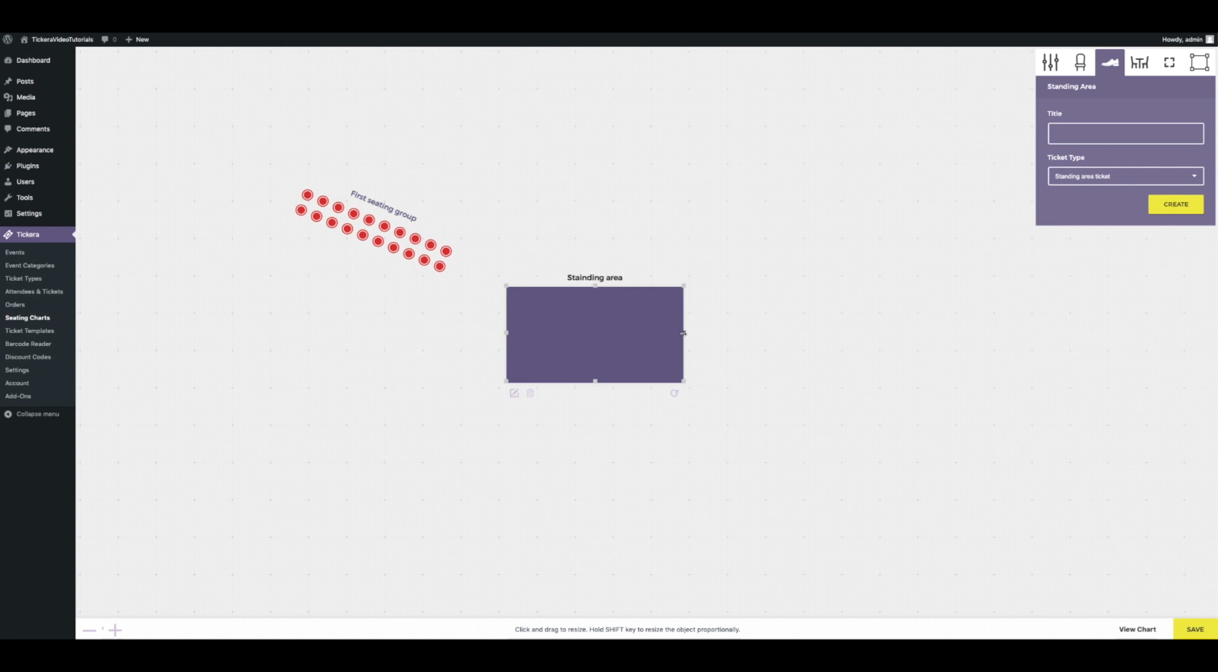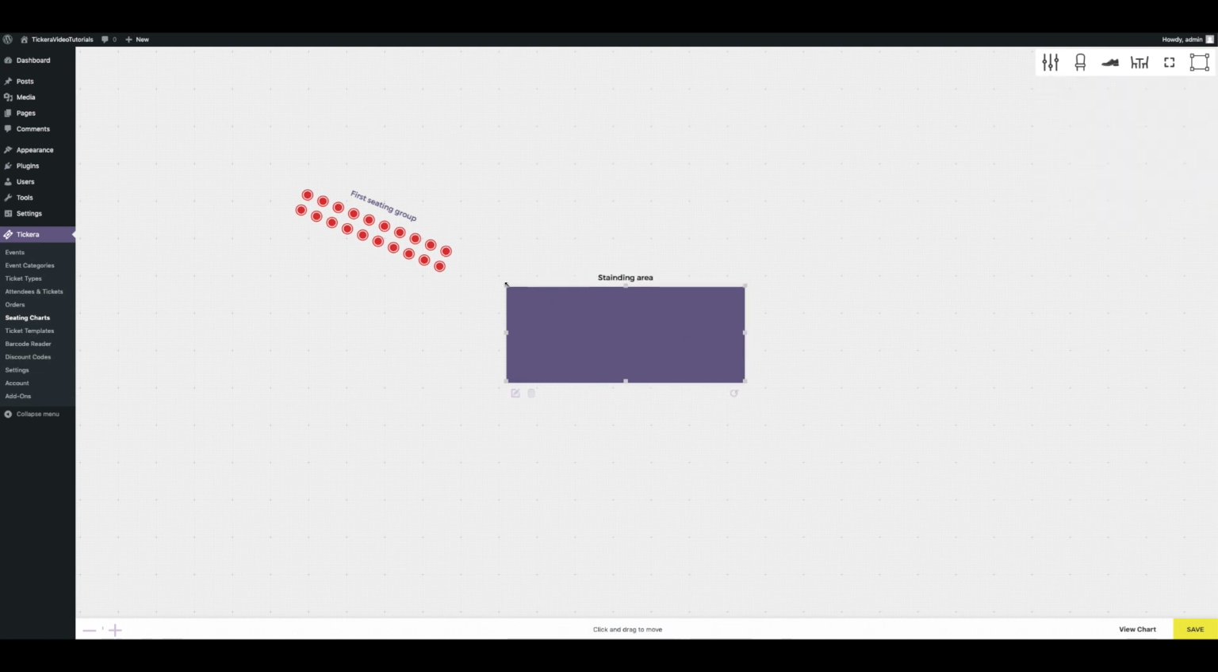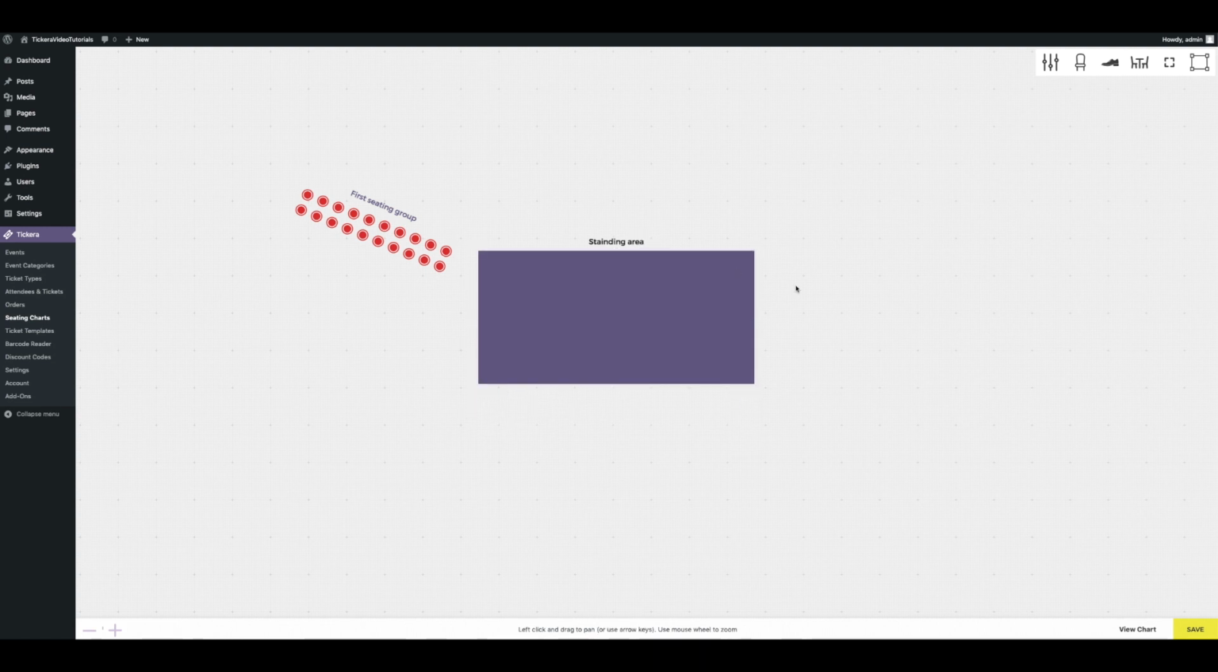As you can see, there are free size rectangles here that we can use to shape it the way we like and the way it matches our floor plan. Okay,